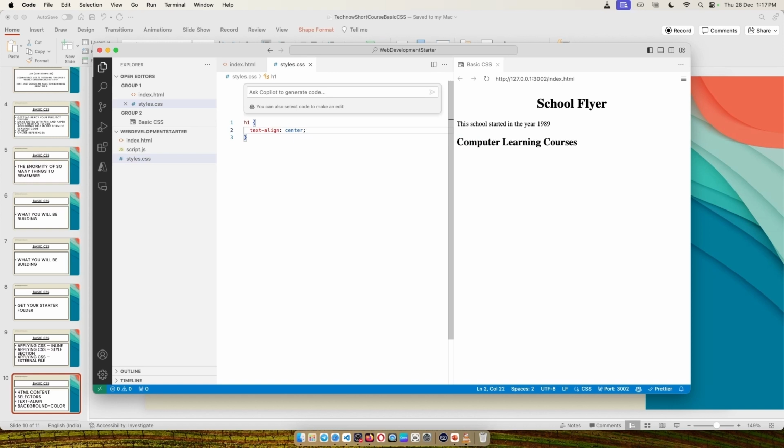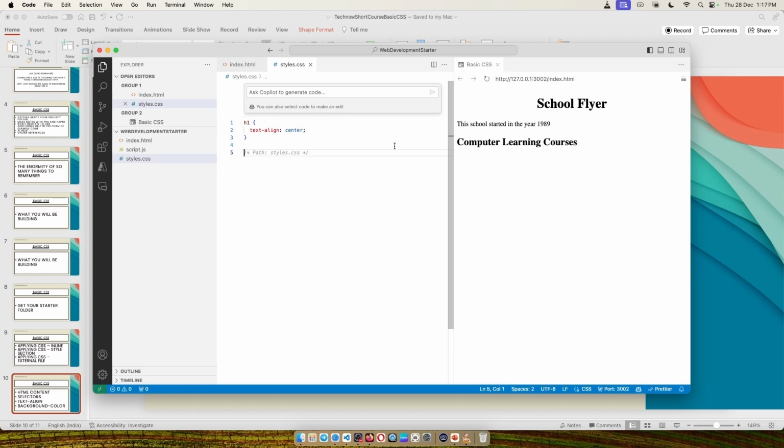Now did you see that? Let me comment this out. Look at that. And I remove the comment. Look at that. See, that is what CSS does. It allows you to manipulate the HTML so that you can make it look better. Now this looks far better than the text simply being on the other side. So that is what I'm doing right now. I want the text to come in the center. Now I want the paragraph also to come in the center.